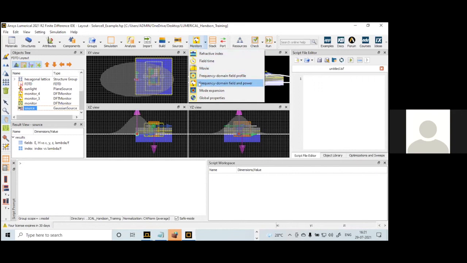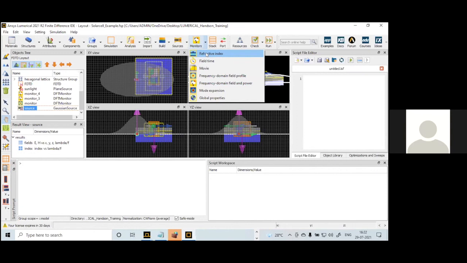Sir, sorry to interrupt. Yes, madam. There is one more monitor, the refractive index monitor. Yes, madam, why is it required, sir? With the refractive index monitor you will get, as in the modal solution in the FD solver I told you, whenever you run the eigenmode analysis, first it shows the refractive index variation along the entire structure. Someone in the morning asked what the variation of the refractive index profile is. If you want to include the refractive index profile, you can always use this refractive index monitor.